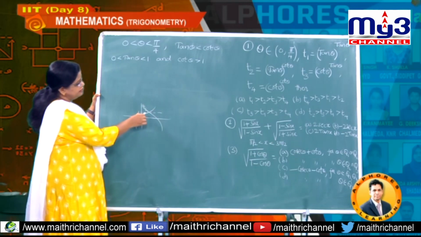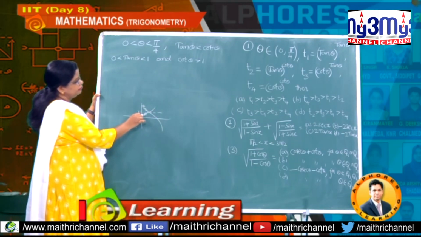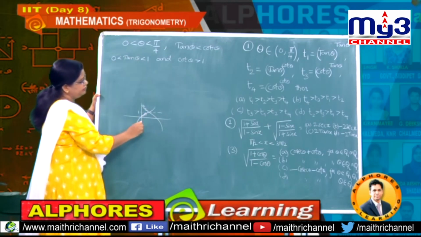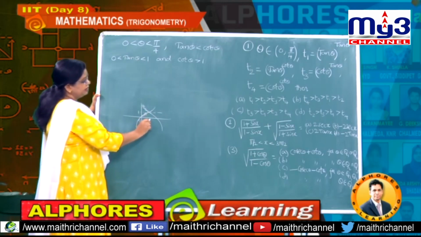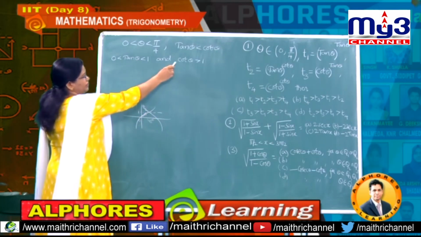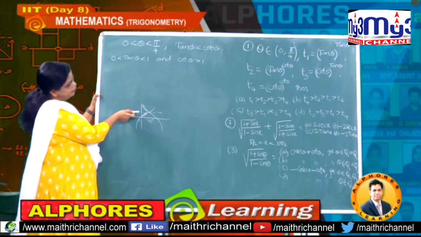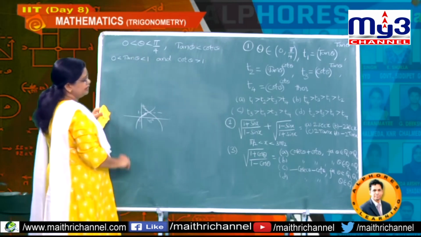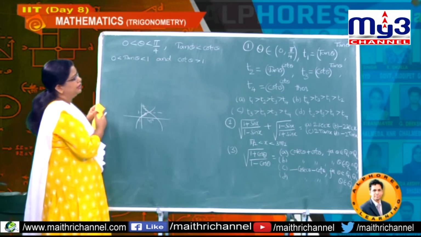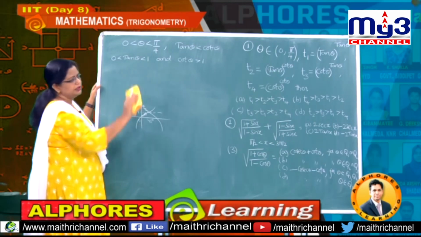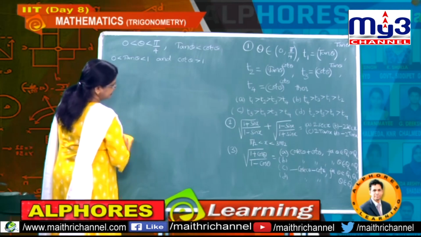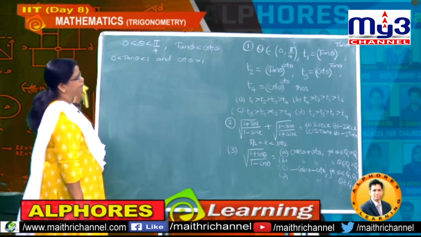And tan values, if you observe, these are all below 1. So tan values are between 0 and 1, from 0 to 45 degrees, whereas cot values are more than 1. Understand? So this is for only 0 to 45 degrees. Then basing on this, you can directly understand this problem very easily. It is not a tough problem, just easy.